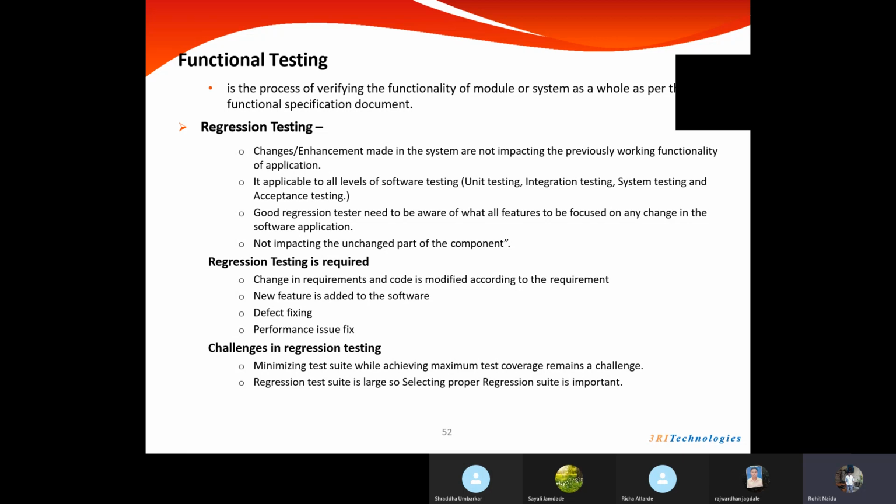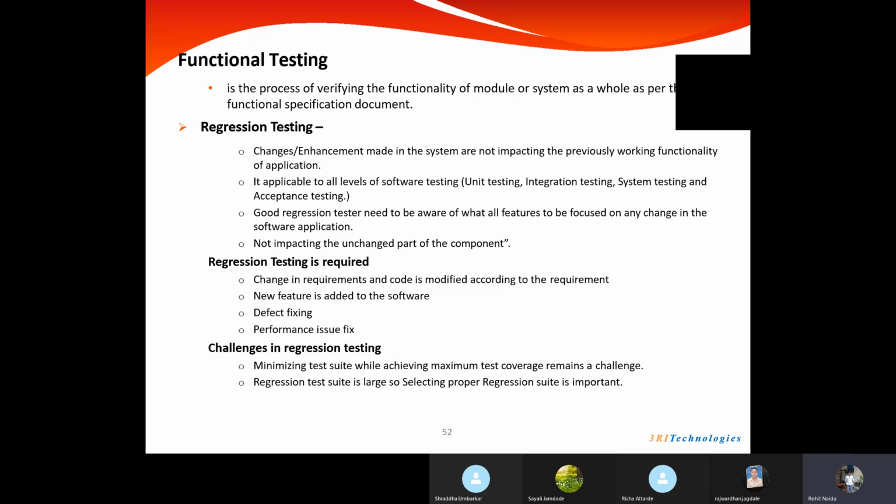So that's again where we need regression testing, and performance issue fix. Similar to defect fixing, if a performance issue is fixed, we might not know how the issue has been fixed. Whatever changes the developer made, we might not know what happened in the backend. So again, we need to make sure we pick up some 50 to 60 functionalities out of those 300 functionalities, and we do a small regression suite testing for them in order to ensure that the issue which got fixed has not disturbed the other functionalities in the same release.